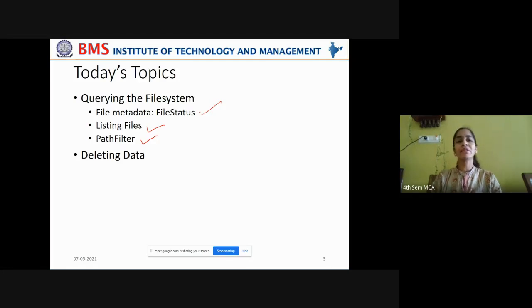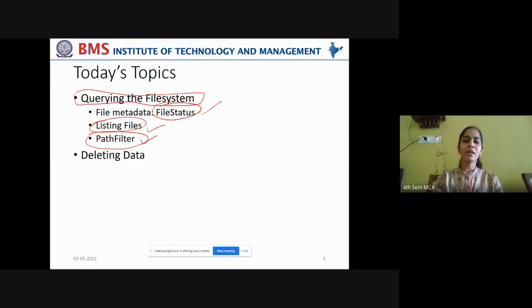All these can be done by writing some queries to the file system, as you do in DBMS. In the same way, you can query the file system to perform operations like knowing the status of the file, listing the files, or filtering out the paths that you are not interested in, and whichever paths you want to retrieve, only those can be retrieved by using a path filter.